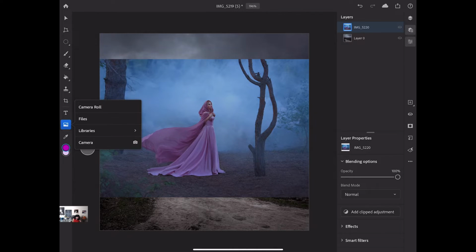Now guys, definitely I need to remove the background. So I need to have only my main subject, this girl with a pink dress, and I don't need to see any trees or this mist in her background. What I will do, my layer is highlighted. I will click on the quick selection tool, and here guys I have a few options. First of all, you can